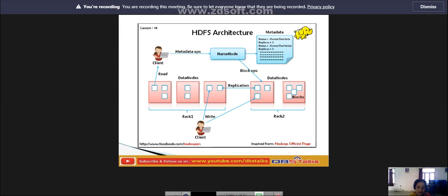Okay, next coming to data nodes. A data node simply stores the data file blocks without any knowledge of HDFS. So data nodes simply store the data. In the data nodes, it stores the data, that is file blocks, without any knowledge of HDFS. Without the knowledge of HDFS we cannot store the files in these data nodes.